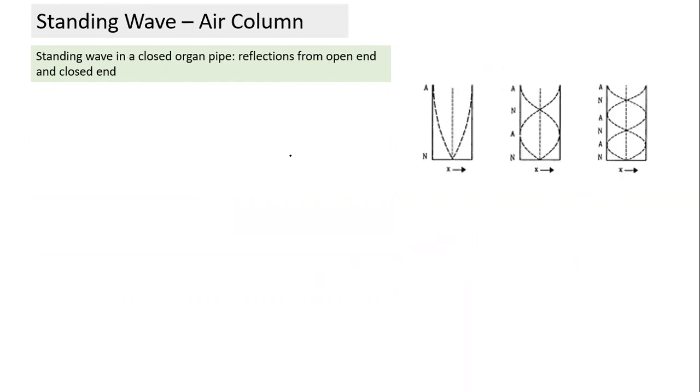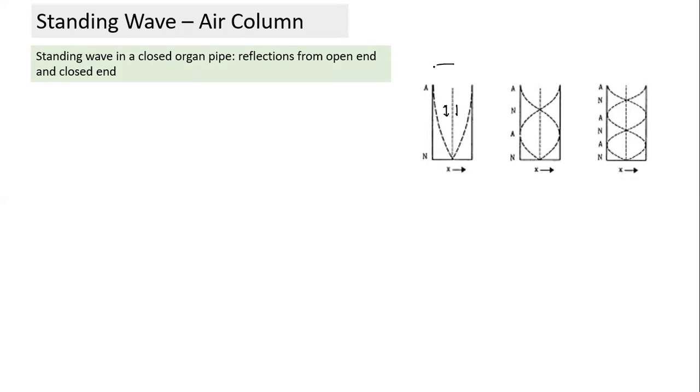Okay. What we have done in the case of a string, the same thing is valid in the case of an organ pipe. In musical terms, what is valid for a guitar string is also valid for a wind instrument like a flute. So what is an organ pipe? An organ pipe is like a cylinder which contains air within it. Whenever we create oscillation here, unlike the previous case, it will be a longitudinal wave, a longitudinal oscillation.